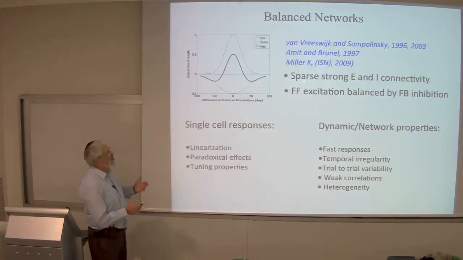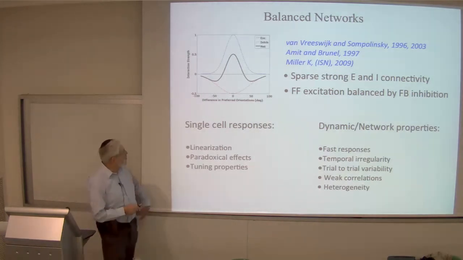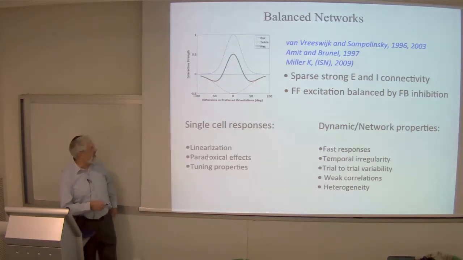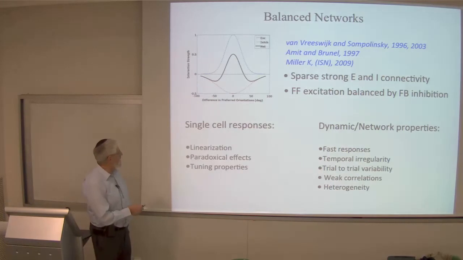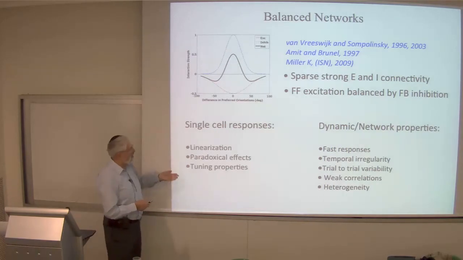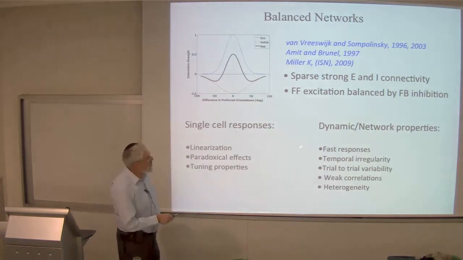And what's important here is the sparse and strong E&I connectivity. Now, in terms of single-cell responses, it has explained several things which are useful for V1, the linearization, sharpening of tuning, etc. I won't go into this, but I want to just mention that this type of rather simple networks, sparse, strong connectivity of neurons in a very simple architecture,